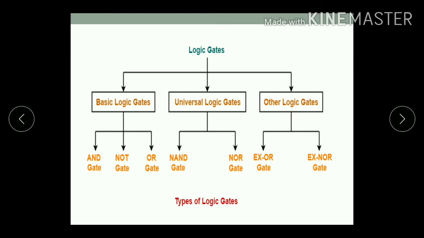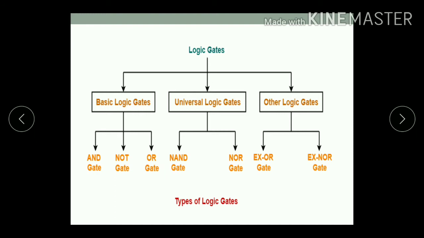To solve or simplify the logic expressions used in the digital circuits, we need to use logical operators. The 3 main logical operators are the AND operator, OR operator and NOT operator. That is nothing but the gate that shows that operation. Okay, so we have to see the logic gate.